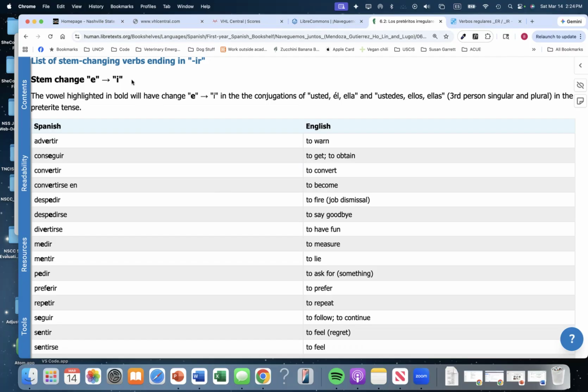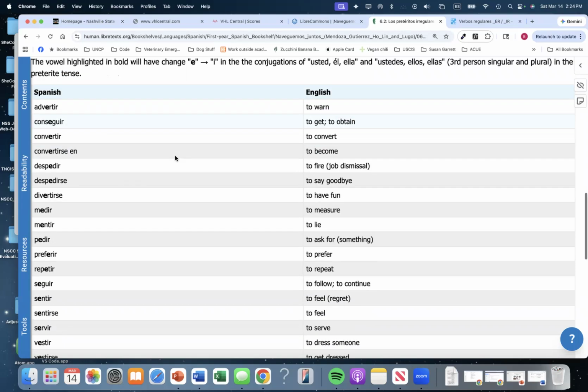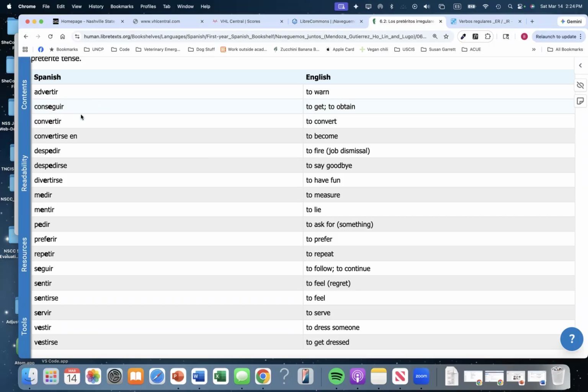So, stem change E to I. The vowel highlighted in bold will change from E to I in the conjugations of usted, él, ella, and ustedes, ellos, ellas again. Okay, so we have a bunch right here. You have the translations here in the right column. So in Spanish: advertir, conseguir, convertir, convertirse en, to become, despedir, despedirse, that's to say goodbye, divertirse, to have fun, medir,